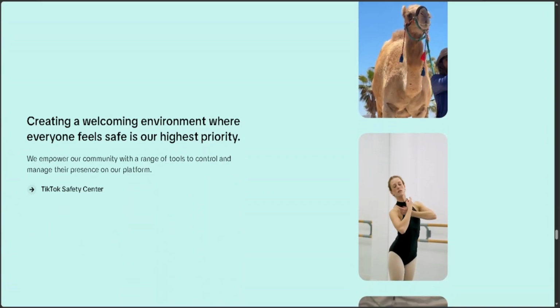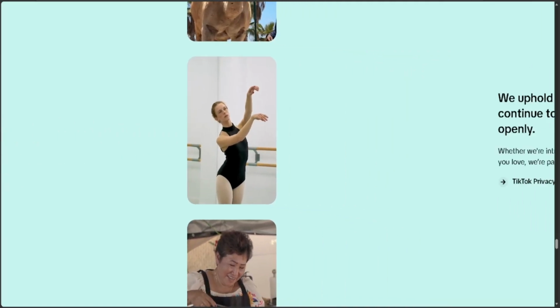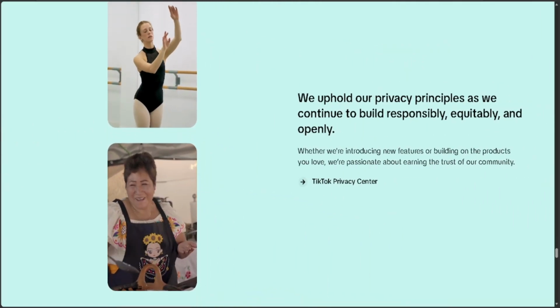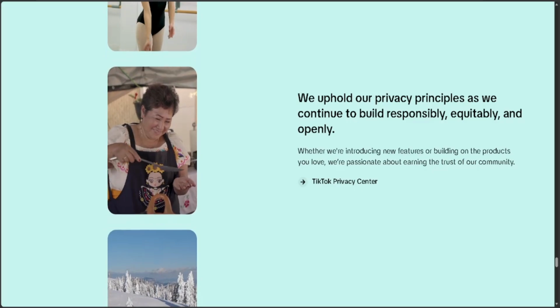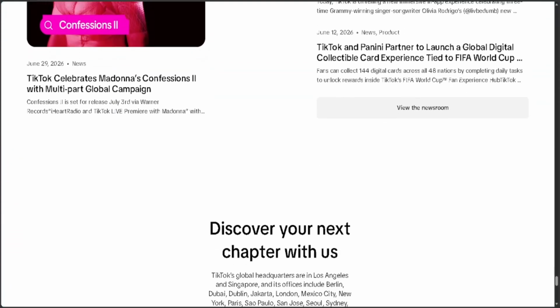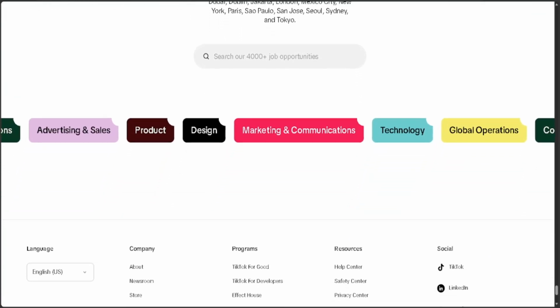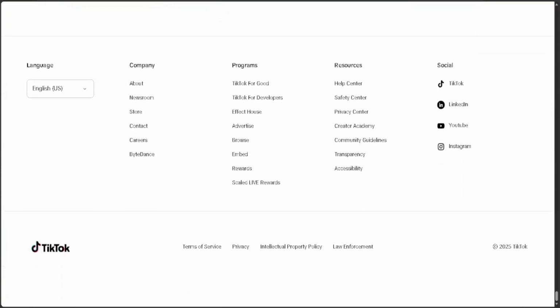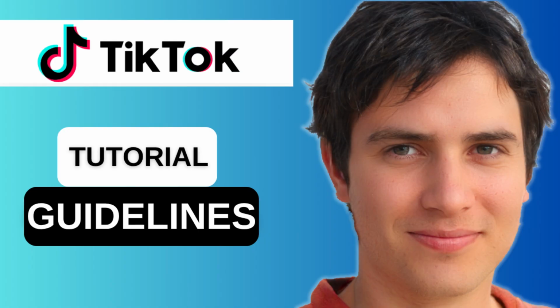Once you're happy with the final result, tap Next. Write a caption if you like, adjust your privacy settings, and tap Post to share your edited photo. If you don't want to post it right away, you can save it as a draft if your app version supports that feature. And that's it. That's how you can put TikTok filters on